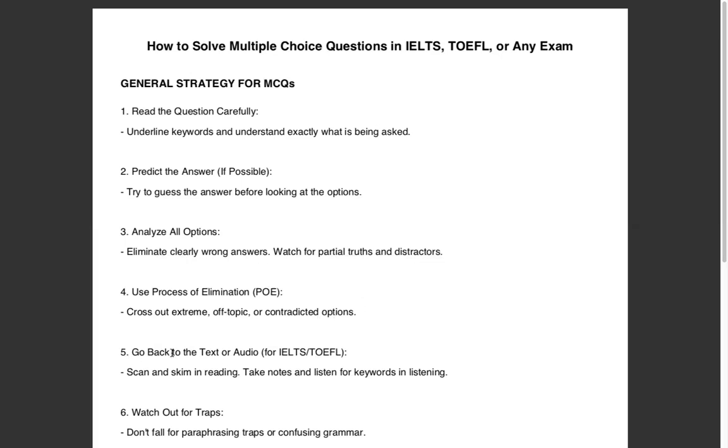So, go back to the text or audio. Yes, this is for IELTS or TOEFL. Why do you need to go back? Because you are not going to memorize all the information. So you need to scan and skim in reading. Take notes and listen for keywords in listening. In the following lessons we will explain the best techniques for how to take notes. Of course, in the listening part, you will listen for some keywords. Keywords here means definition